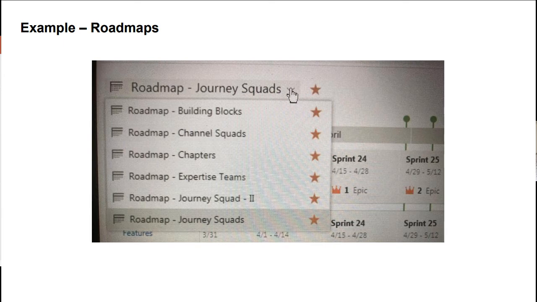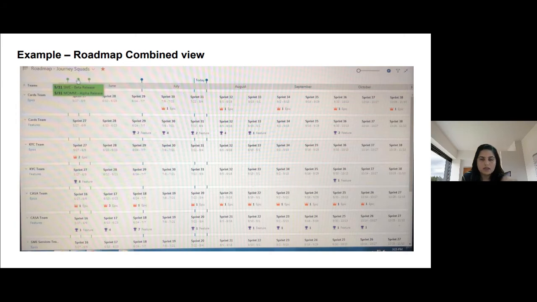Now if you see this photo, everything was on the wall. I had kept it here. If you can read, there's cards team, then KYC, then CASA, SME servicing, and all those epics and features we have actually put in an Azure board. This is in a collapsed view; if I expand, we can see the epics.